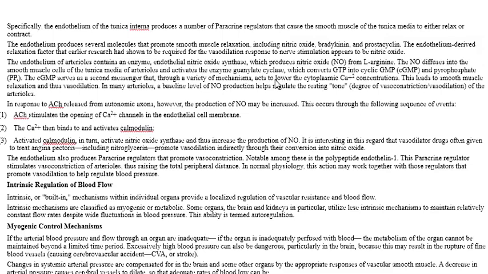And the endothelium, they call endothelium-derived relaxing factor. These are factors that earlier research had shown. Don't worry about the research on the vasodilatation response to nerve stimulation and the effect of the nitric